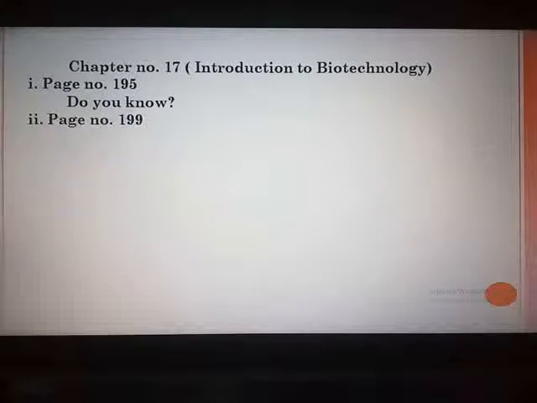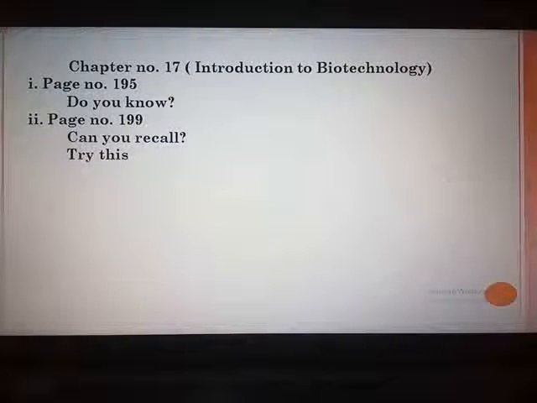Page number 199, there are 2 reductions. One is "Can you recall?" You can see near the heading of plant tissue, 2 questions are there. What is the main difference between the growth of animals and plants? And second, why does the growth of a plant occur only at specific parts of the plant body? Both these questions you have to remove. That is the "Can you recall?" activity. Below that you have an activity, "Try this," about the changes in the roots of onion. Remove that activity also. Turn to page number 200, there is no reduction.